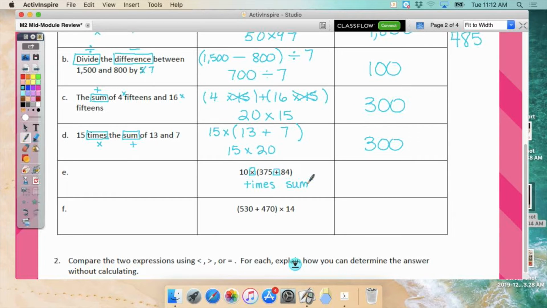Okay. Now here's, I didn't plan it this way, but it's kind of cool. Do you see multiply and add right here? Oh, perfect. Can we just copy these words and replace the numbers? Yes. So it's going to be what number instead of 15? 10 times. So write this down. Don't copy mine. Copy from up above on your paper. 10 times the sum